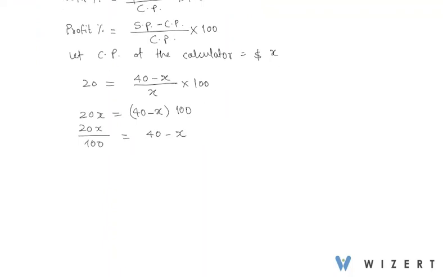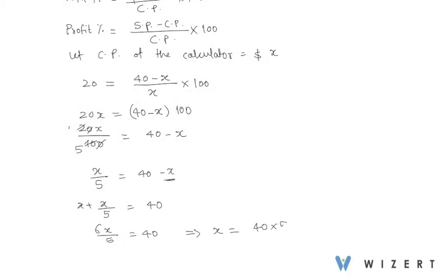Now, 0 0 cancels, 2 ones are 2, 5 twos are 10, so X by 5 equals 40 minus X. So this X will go over to this side and add. So X plus X by 5 equals 40. So that becomes, taking LCM, 6X by 5 equals 40. So we get X equal to